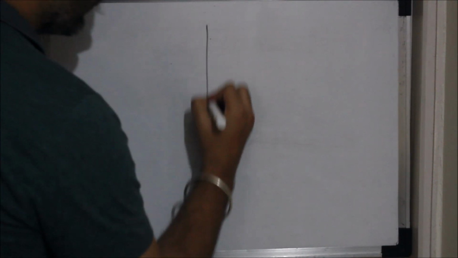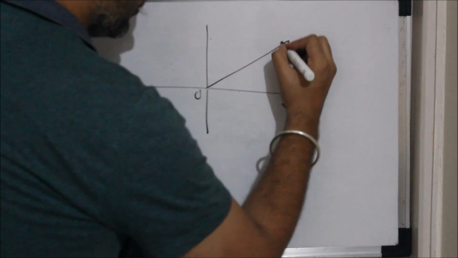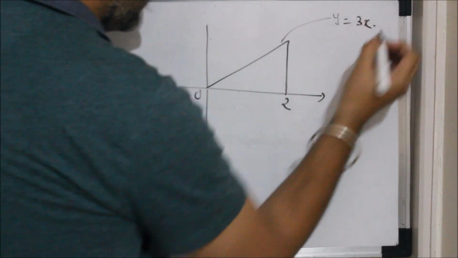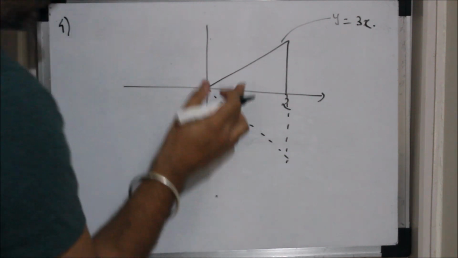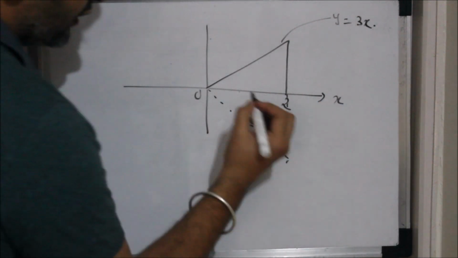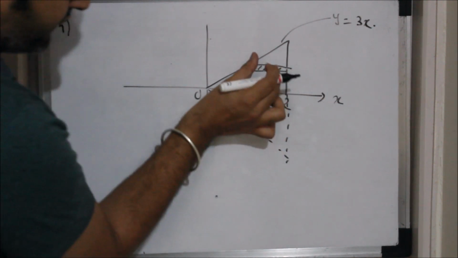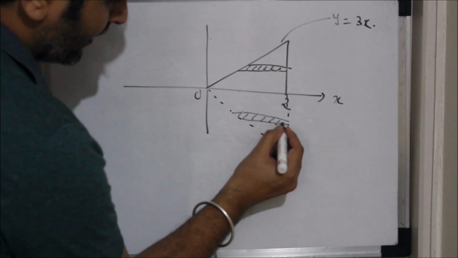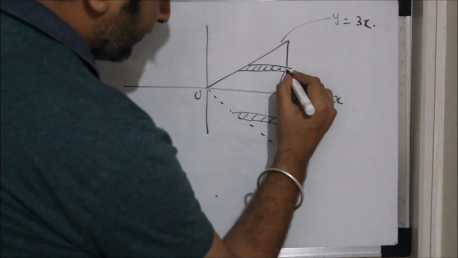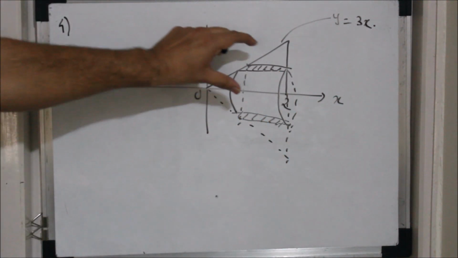The first case was I have to revolve along the x-axis. So this was the triangle 0, y equal to 3x, and I have to revolve along the x-axis. So this is its replica. If I take now this is my strip, and if I revolve this strip over here, this is where the strip will come in, and this is the shell you get. So this is the shell you are getting.